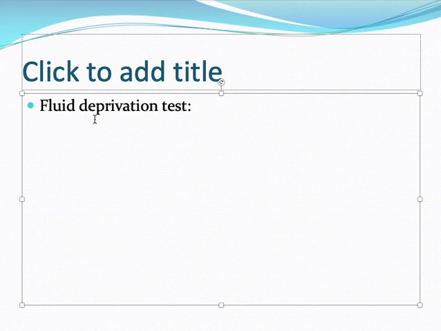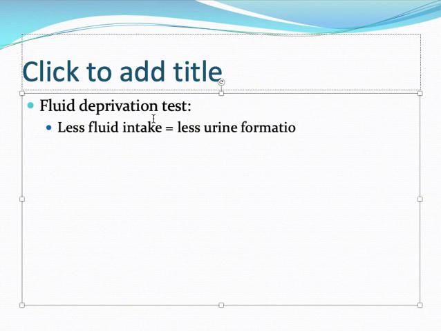If you restrict fluid, like water, in someone with psychogenic polydipsia, less fluid intake, of course you cannot stop someone completely, will lead to less urine formation, and the urine osmolarity will be normal. So this is the case of psychogenic